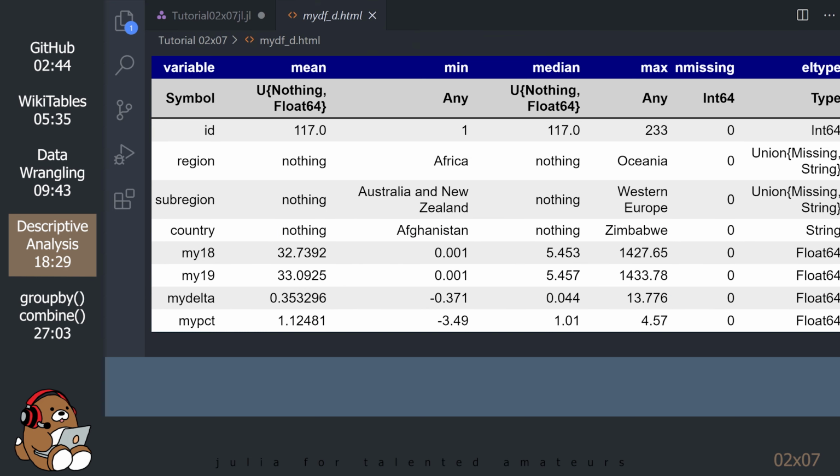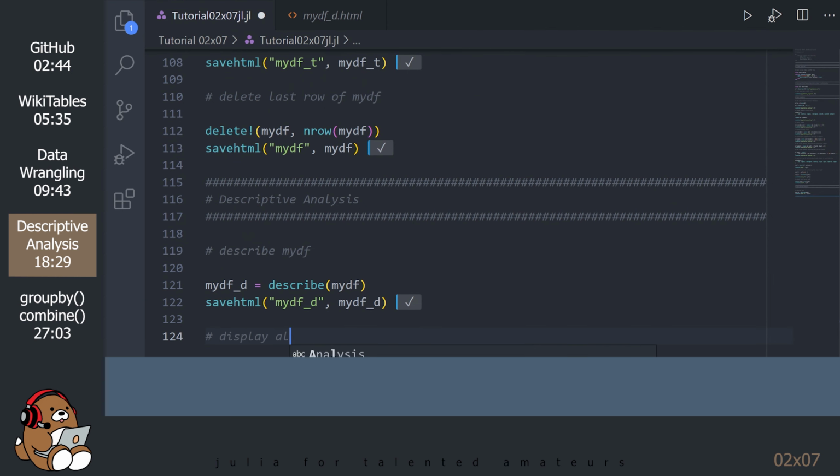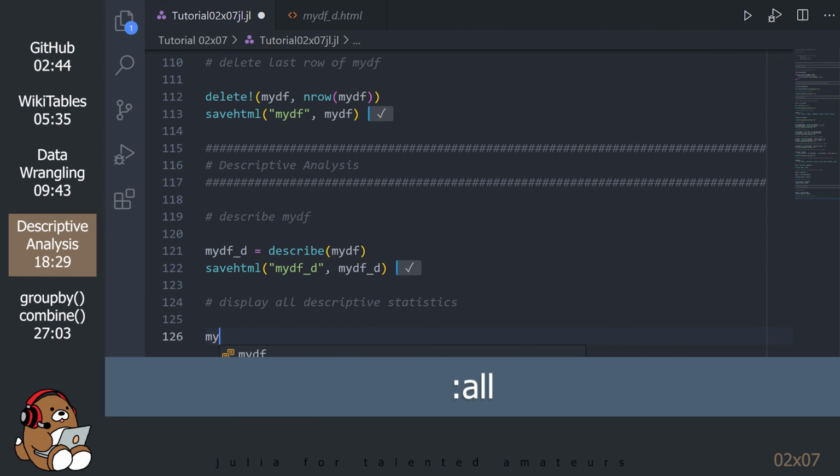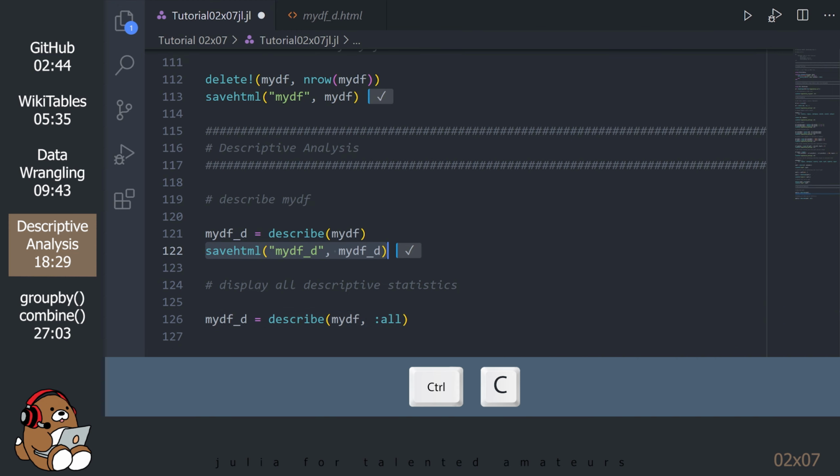You may be wondering why the describe function in data frames doesn't calculate the standard deviation or the quartiles. Well, it does. It just doesn't show it to you by default. The describe function in data frames does several calculations behind the scenes, and you can choose to display them if you like.